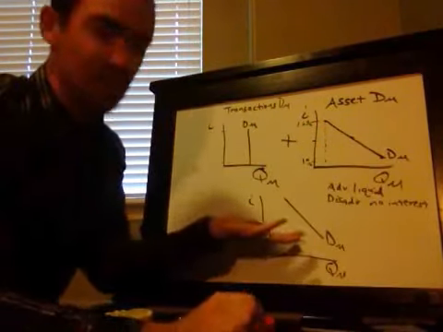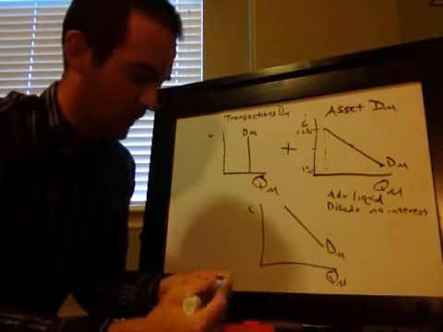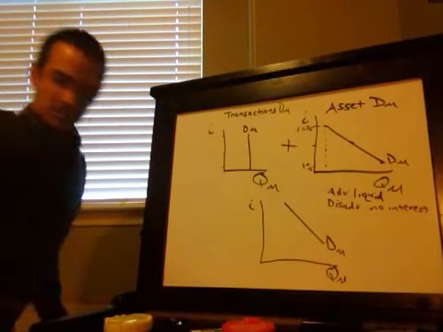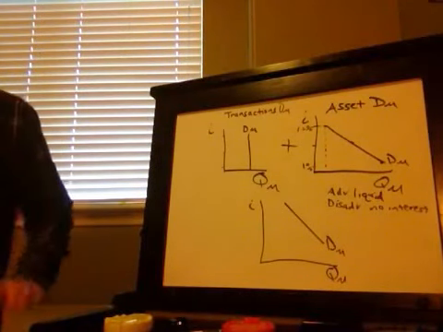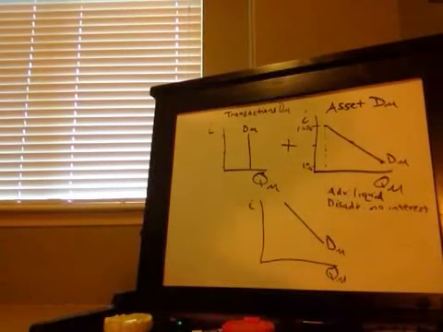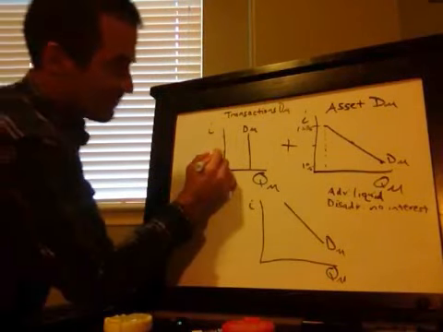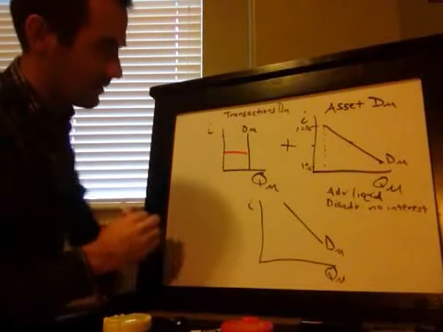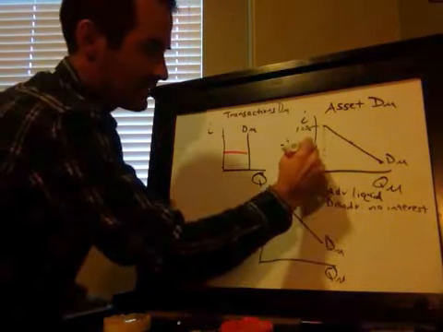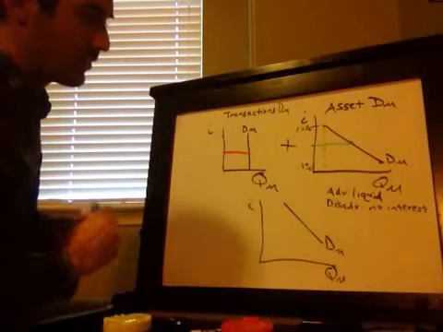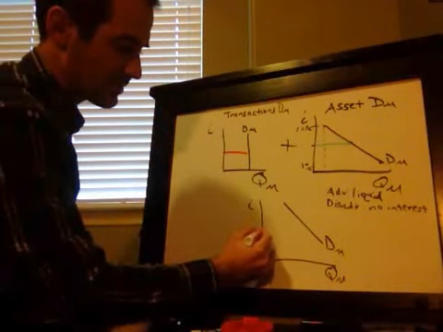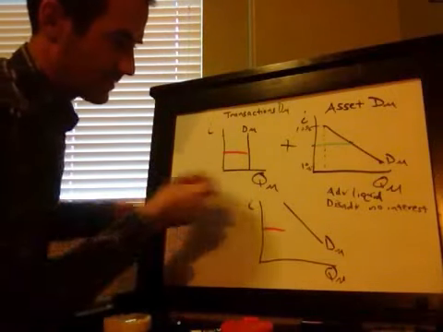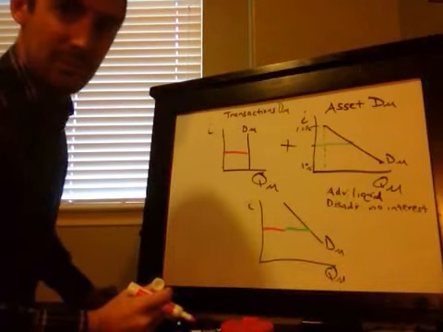When you sum these up, you get another downward sloping curve called the total demand for money. Allow me to demonstrate why. I'm going to need another colored marker. What did I do with them? Here they are. So if you look here, let's say at this medium interest rate, you see that here is the transactions demand for money, that amount. And here is the asset demand for money, that amount. Well, if I take those two and sum them up down here at this medium interest rate again, I get some amount from the transactions demand for money, some amount from the asset demand for money.